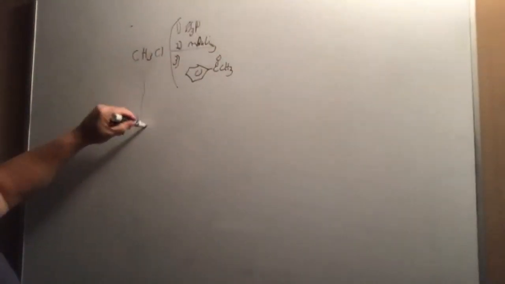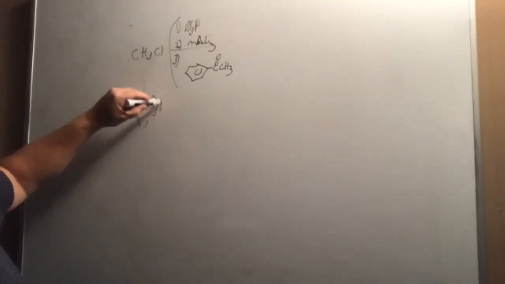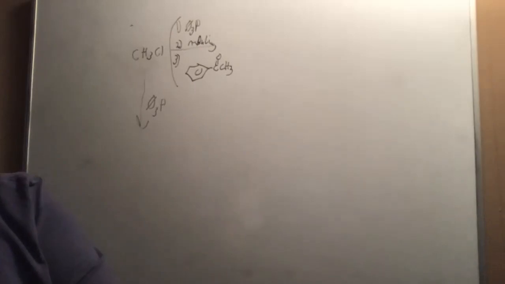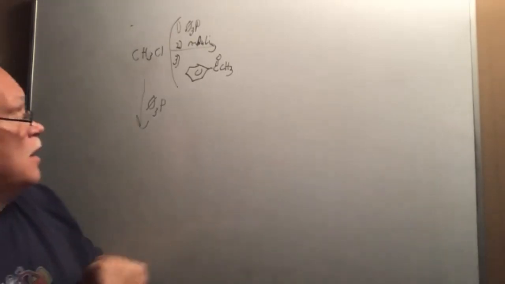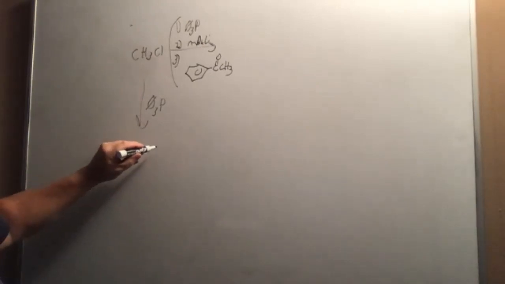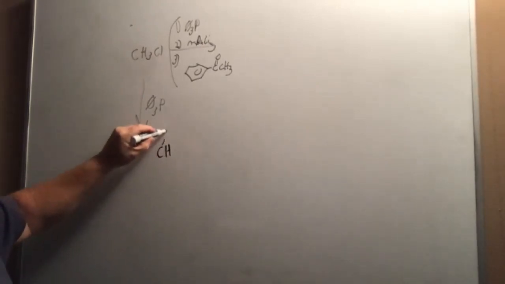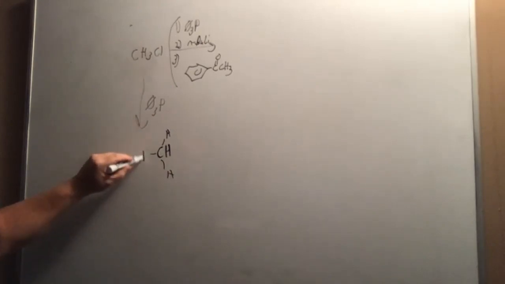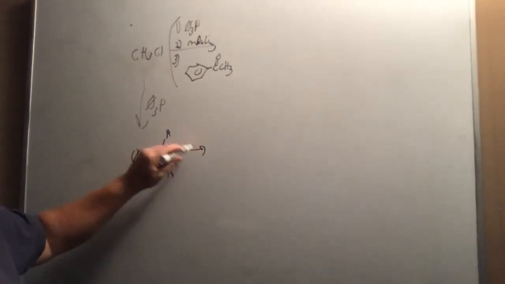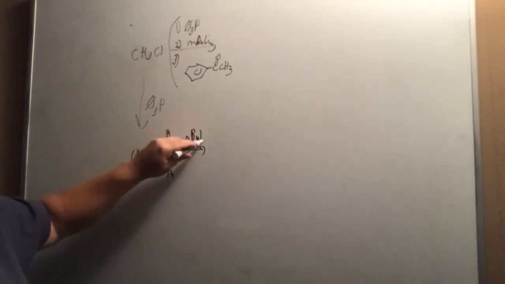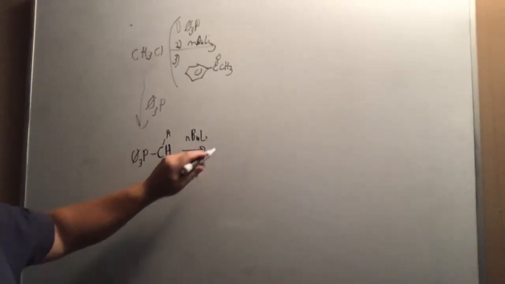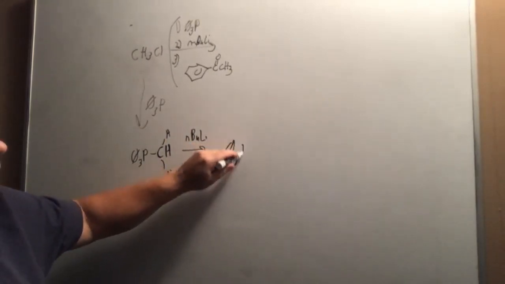is what? We take this and treat it with the triphenylphosphine. So what happens in this step? Backside attack kicking off the chlorine. So we get a CH3 with the triphenylphosphine group attached. Okay, it's kicked off the chlorine. SN2 backside attack. Step two was treatment with n-butyllithium. Remember what that did? That pulled off that hydrogen. Okay, so that gave me